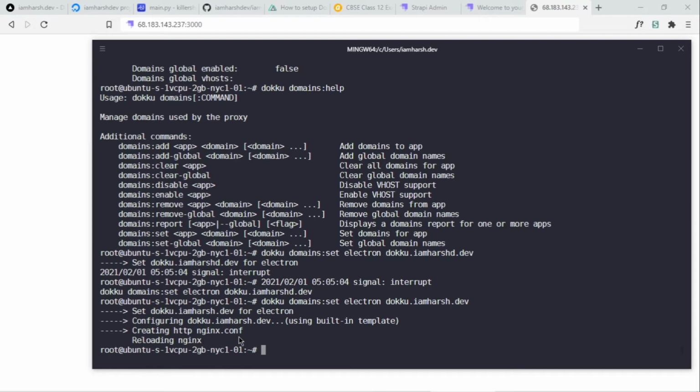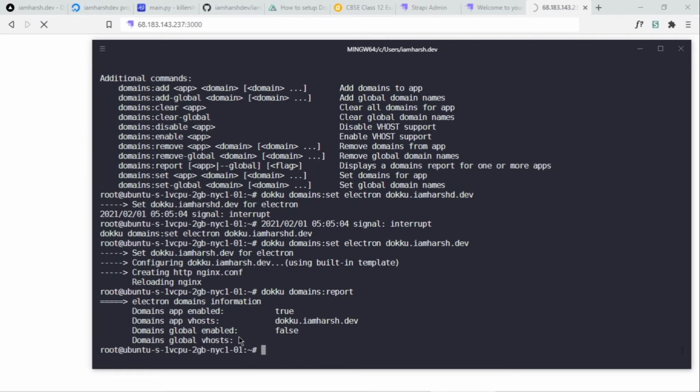You don't have to do anything, you just have to pass dokku domains:set, your app name, and the domain you want to set on that application. Once that's done, just type dokku domains:report again and we'll see what domain is configured on our application.